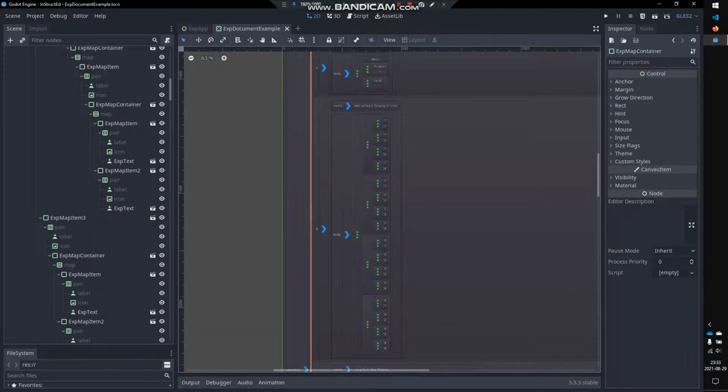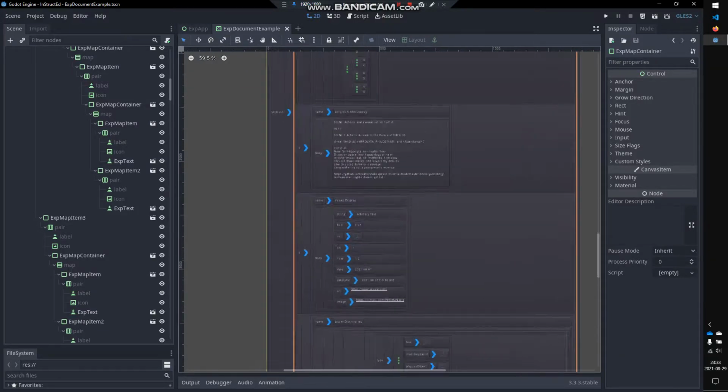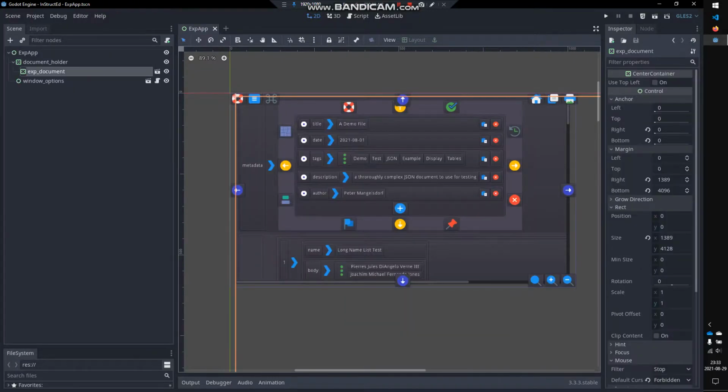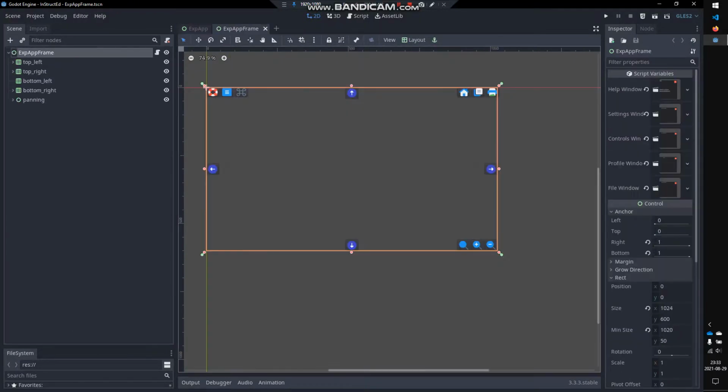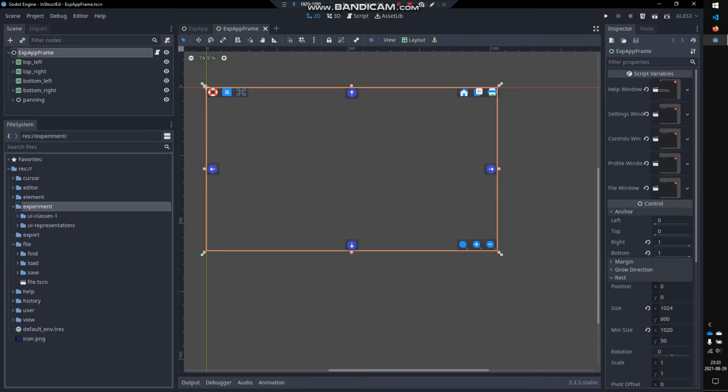And my original intent was to make this such that you could flip these and change the appearance, but just generating this document by itself was a little bit tricky. And then there's actual window controls and scripting for all that. If you're going to browse through this, I'd recommend looking at the experiment folder. The rest of these just mostly contain empty files, as I was kind of in a rush to try and get